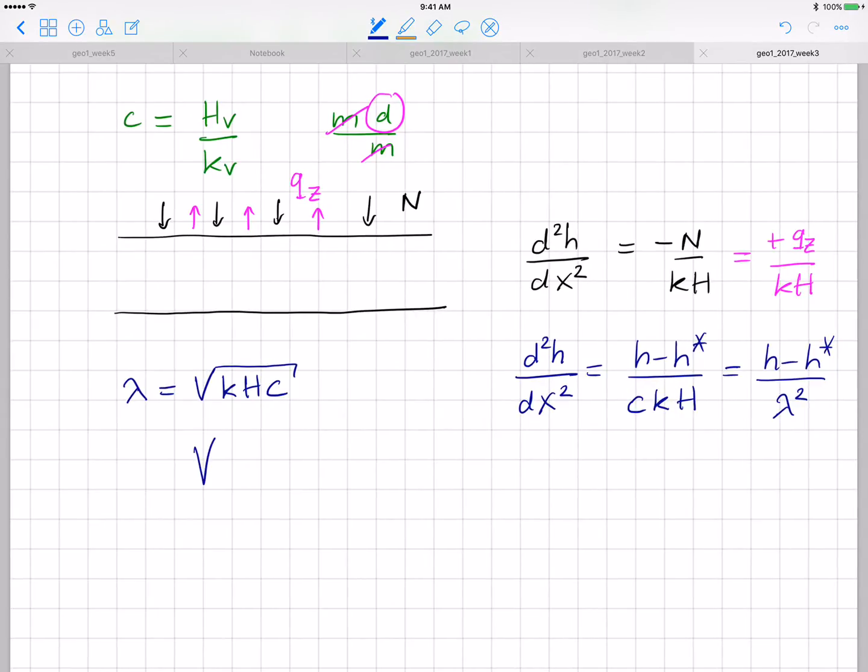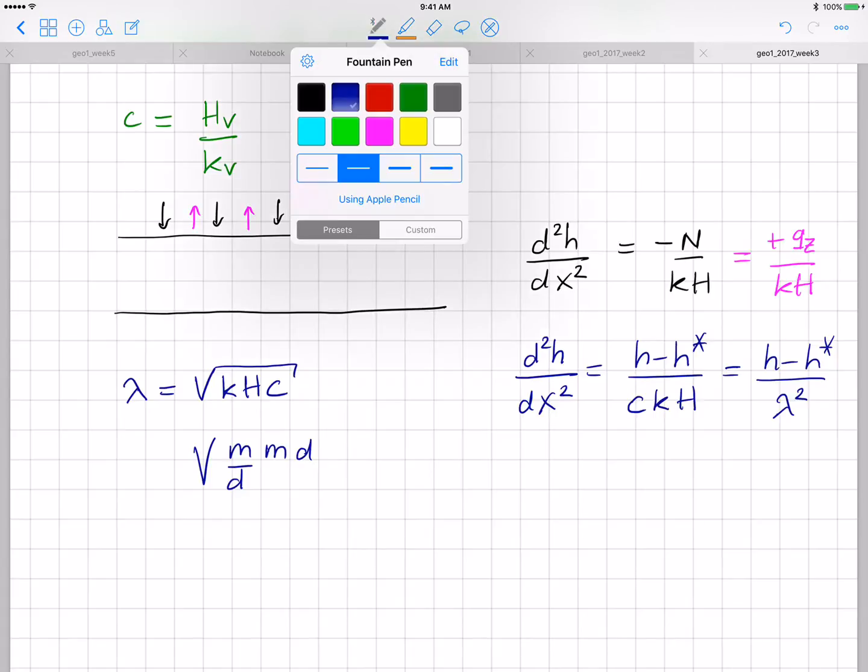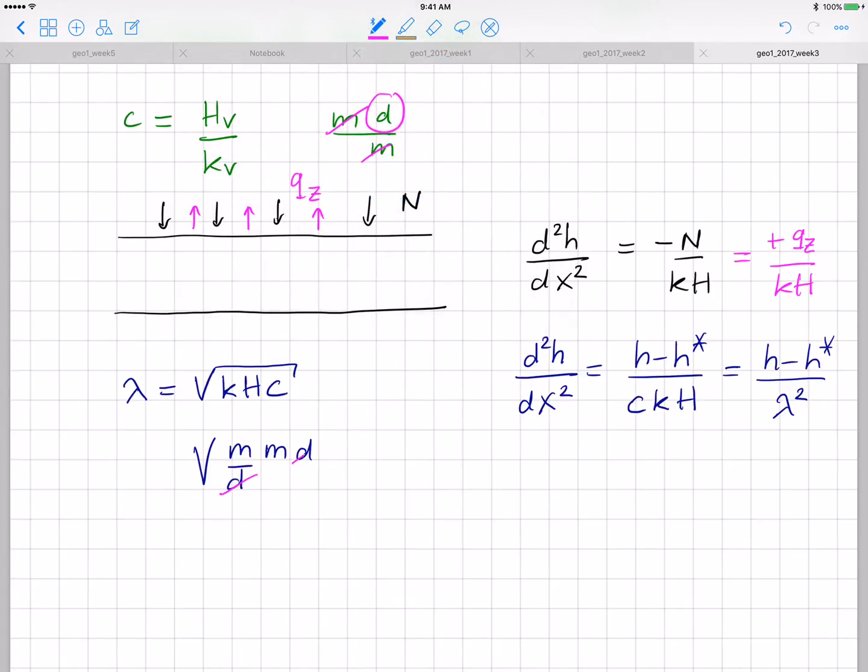It's the square root of k, meters per day, times h, meters, times c, days. So the days cancel. And the units are the square root of meters squared, which is equal to meters. So the lambda factor has units of length. And lambda is called the leakage factor,